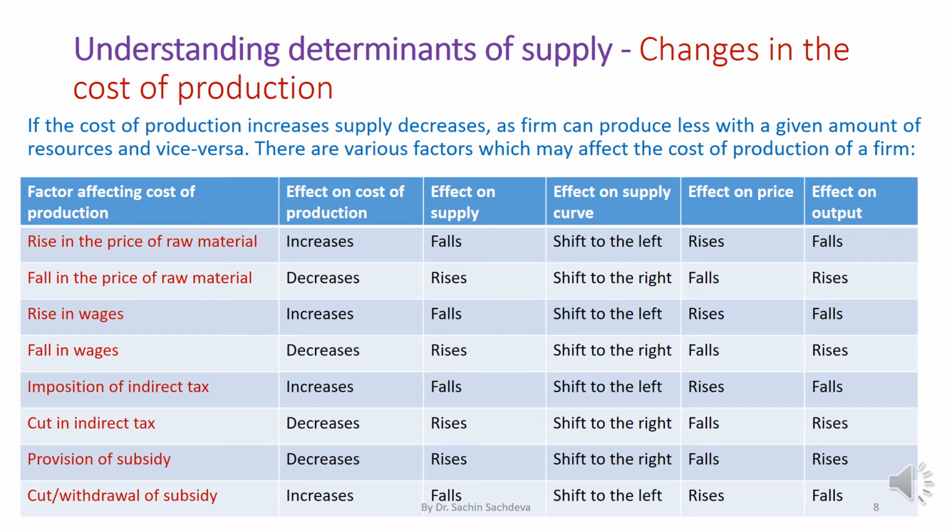Same applies to indirect tax as well. Indirect tax can be imposed, their rates can be increased, and their rates can be cut also. When government finds that a particular indirect tax is making it difficult for people to afford a certain product which is important for the people, government may cut the indirect tax. When government realizes some product is very harmful for consumption, they keep on continuously increasing the rate of indirect tax imposed. So when the indirect tax is imposed, the cost of production will rise.